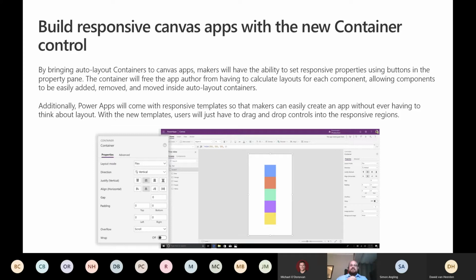This makes it a lot easier for all of us to build a lot more responsive, a lot more adaptive applications. I know this has been an ask since the very beginning. I mean, every time I'm running Power Apps workshops, people always complain that they have to build one or the other. I'm like, well, you don't have to. You can go and build a responsive app, but there's a lot of things that you need to do in order to get that right. Now we're bringing it in, it just makes it a lot easier to do.